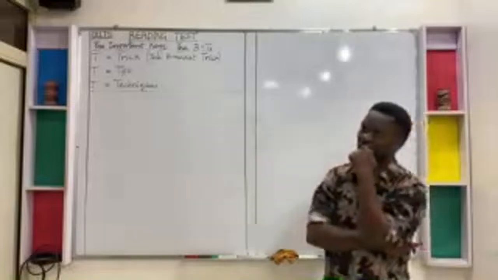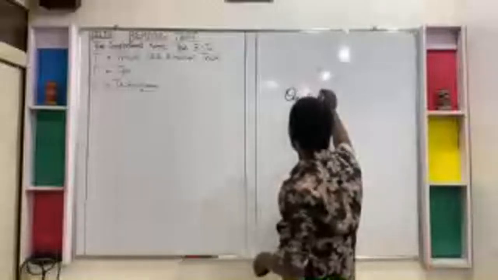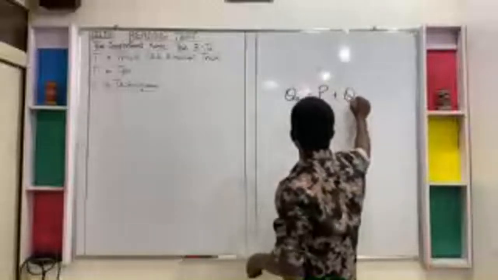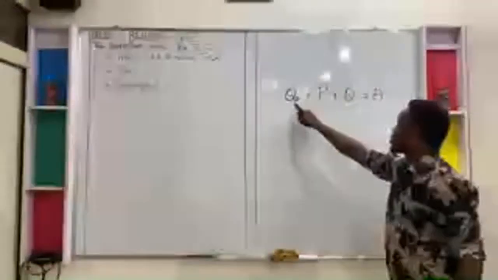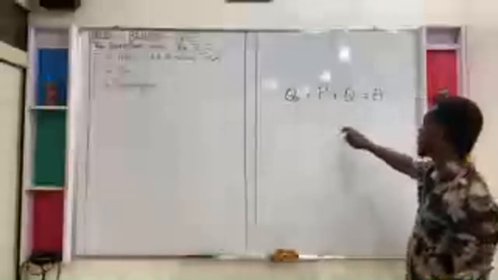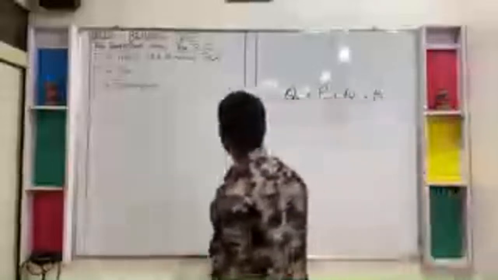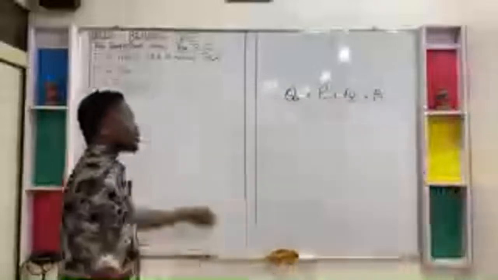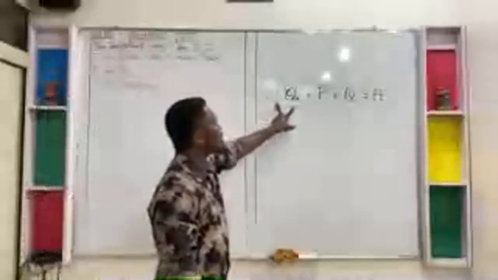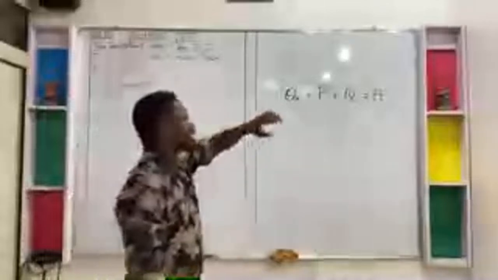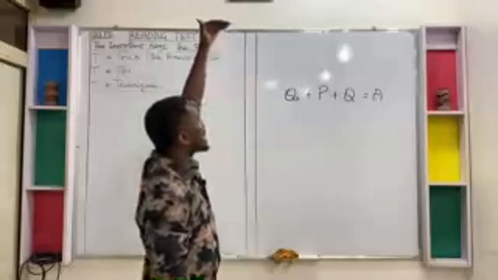Now let's go to the second tip. It's like a formula. And that formula states Q's plus P plus Q equal to A. So this simply means questions plus passage plus question equal answer. So by this particular tip, you are strongly encouraged to take on your reading following the approach of reading the questions first. And the questions we are talking about right here are not or shouldn't be the entire questions from